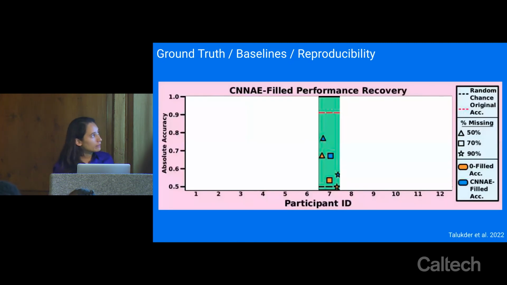Okay, so let me start by explaining what we're looking at. It's the same data set that you have seen before. On the x-axis is the participant ID, 1 through 12. On the y-axis is the absolute accuracy of the model performance. What we're looking at here, the blue is our model, and the yellow is a model that we've deleted data from. So what we've done here is, at different percentages of missing data, 50%, 70%, and 90%,